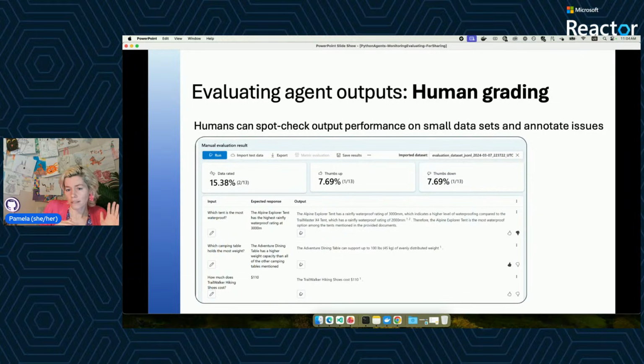Generally, there's only so many they can look through because they're humans with limited time. But they can be particularly helpful for annotating issues and saying not only is this wrong, but this is the reason it's wrong. So it is very, very helpful and recommended that you have humans evaluate outputs and tell you why something's wrong, because then you can decide what sort of automated evaluations you need to set up to ensure that you don't make that exact mistake, right? So ideally, you always have some form of human evaluation